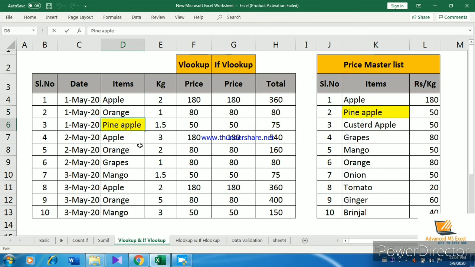If the master list has a space after Apple, we also have to put the gap, otherwise it will not give the VLOOKUP value. For that only I am showing this. I hope you understand what I have told you.